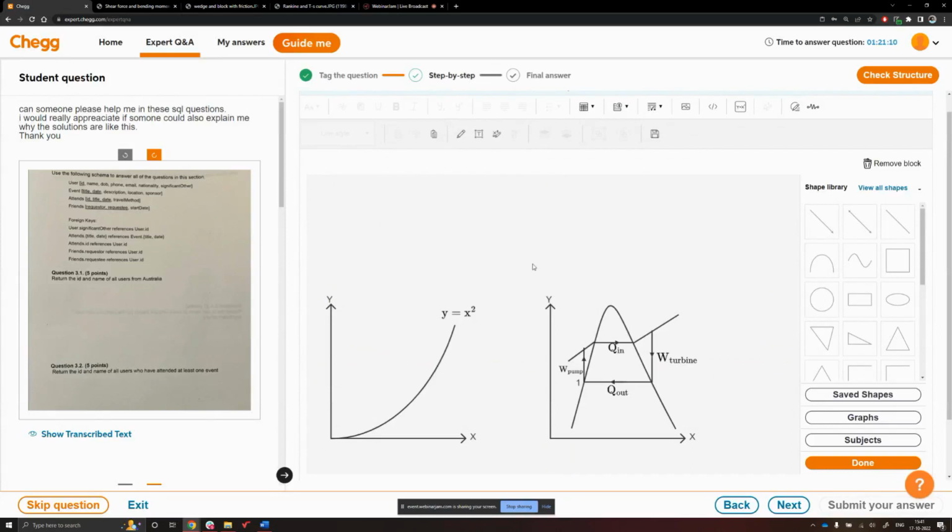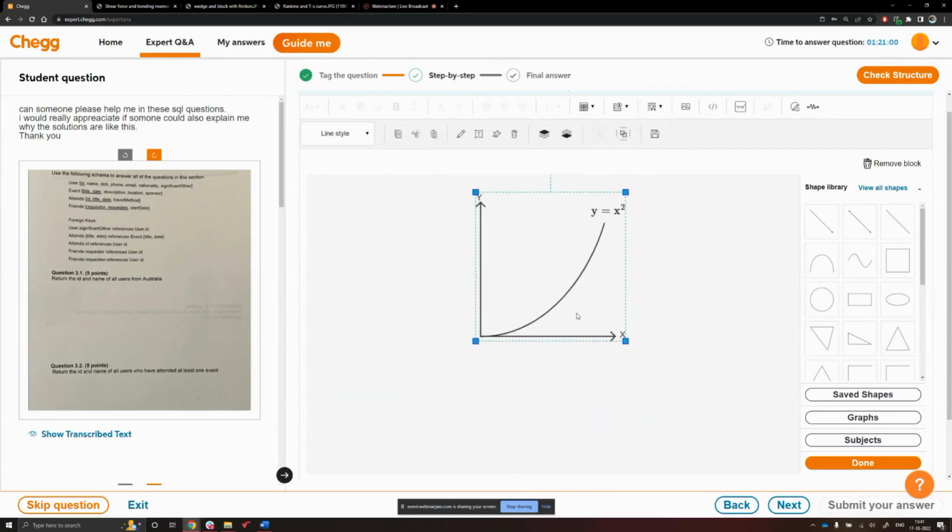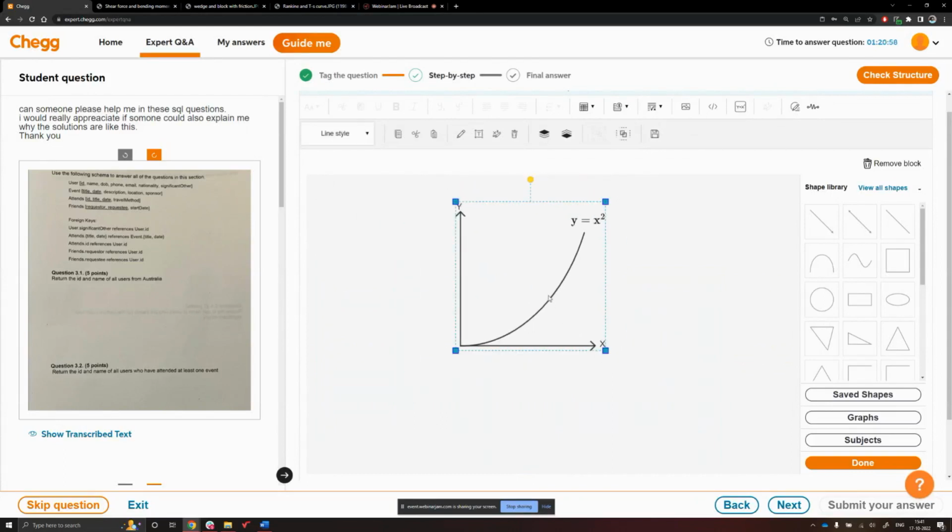Okay. I've been told that I got certain requests to repeat how to draw this y equal to x square graph. I will show you how to draw this curve again. First, after you insert an xy axis, you click on the curve option here. This is a very default shape of the curve.